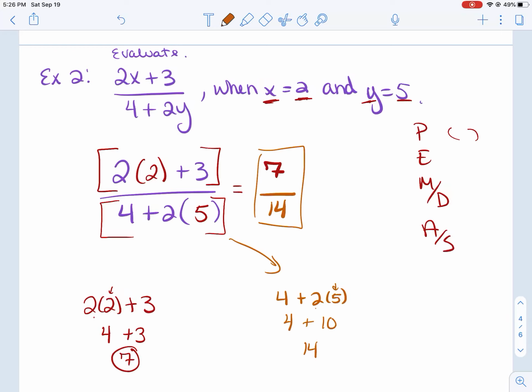Now I can tackle the fraction itself. I can actually deal with the division that's left over. 7 doesn't go into 7 and 14 evenly as a whole number, but 7 goes into 14, so we could reduce it by dividing the numerator by 7 and the denominator by 7. So we end up with 1/2 as our simplified